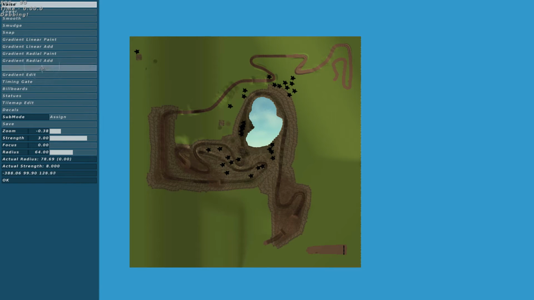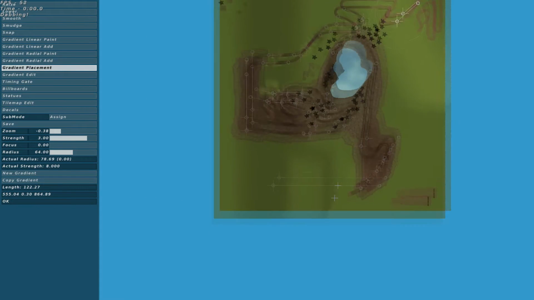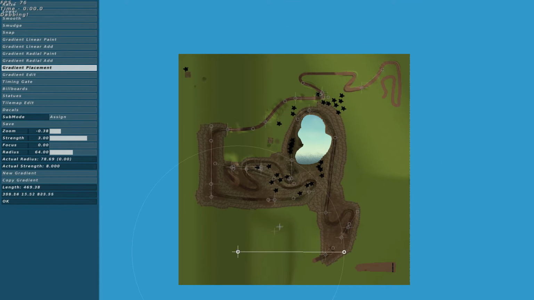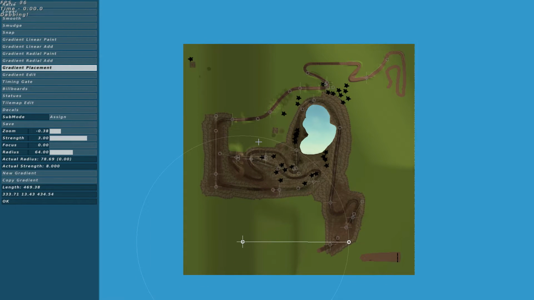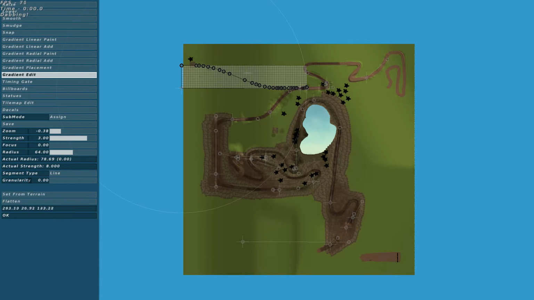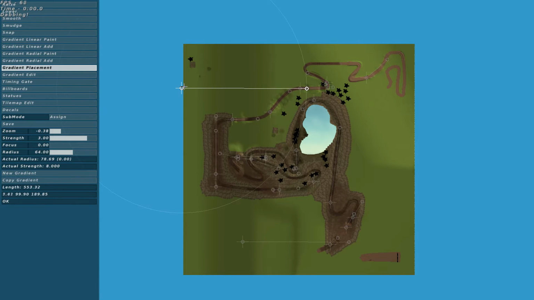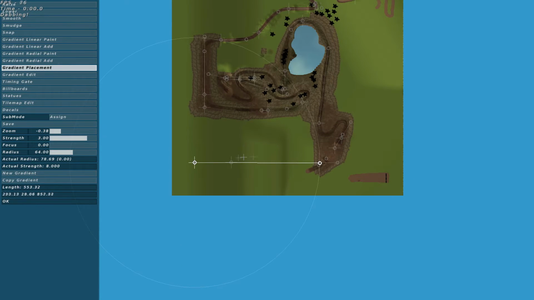And this time I used gradients, so I went to gradient placements, and then I pretty much drew a gradient like this. I don't know why I didn't keep them, but pretty much like this. And then you can see set from terrain, that's how the gradient looks like. On this edge right here you may notice there's a raising,